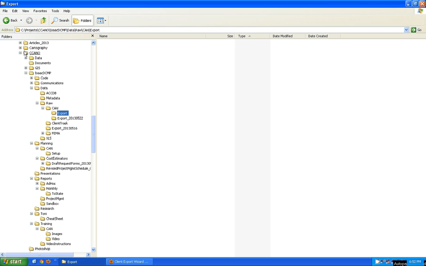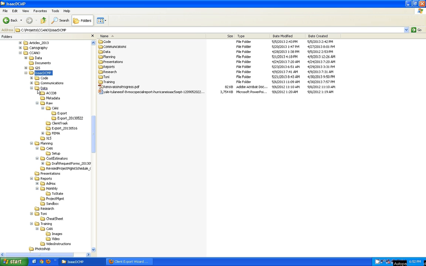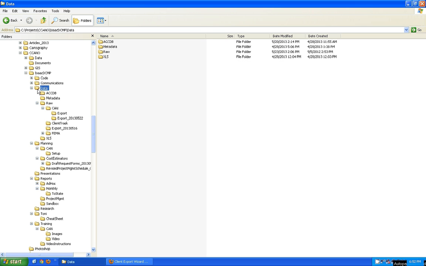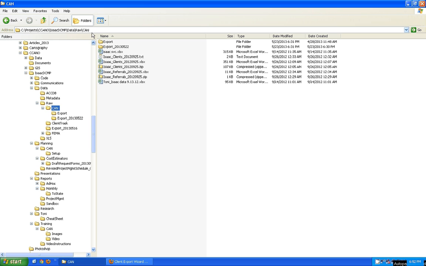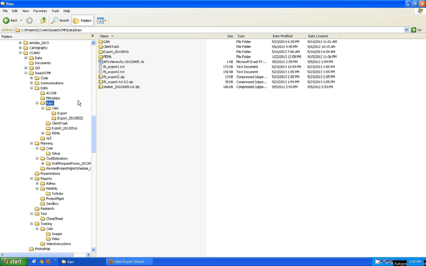In any project I work on, whether it's one disaster or another or some other client that I'm working for, I very much retain the same client structure. So here's my Hurricane Isaac DCMP folder, for example. I have a data folder, and within that folder, I have raw data. In this case, I have CAN raw data, and in fact, from previous exports, for example, I have